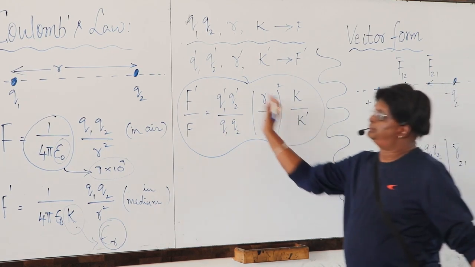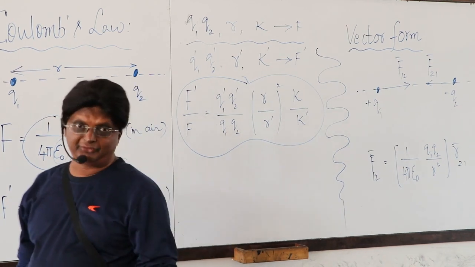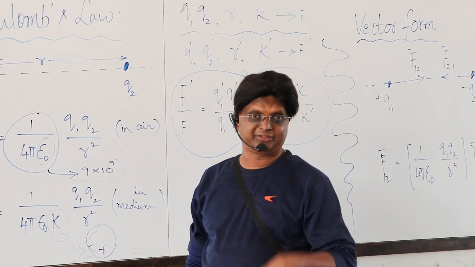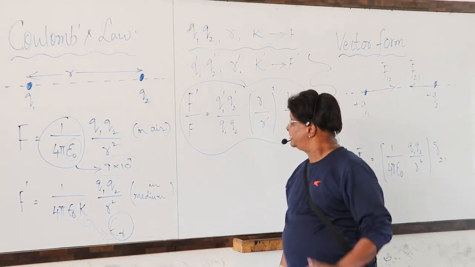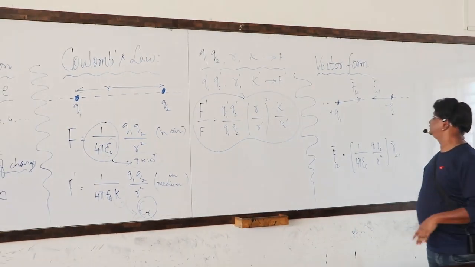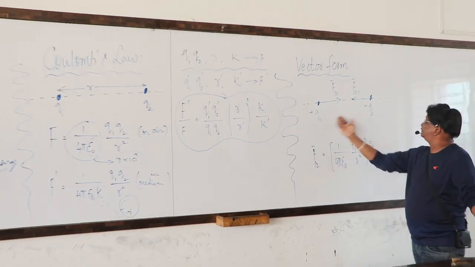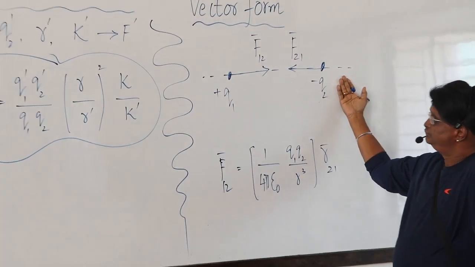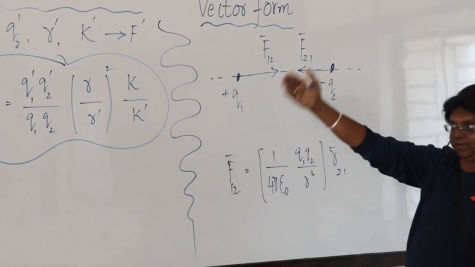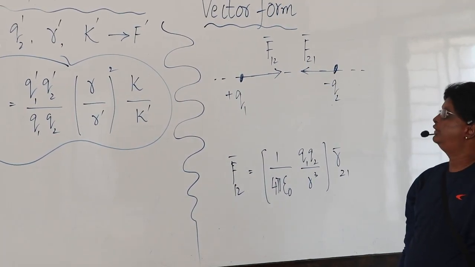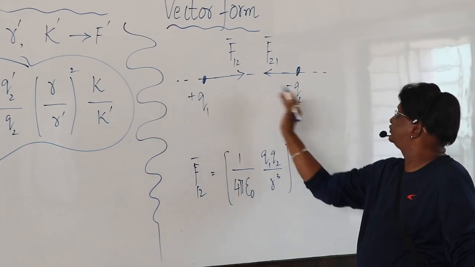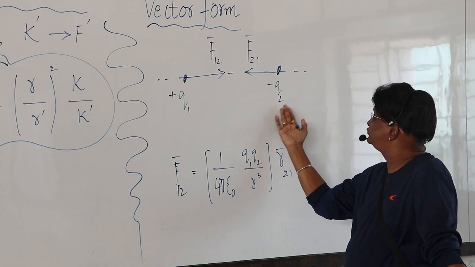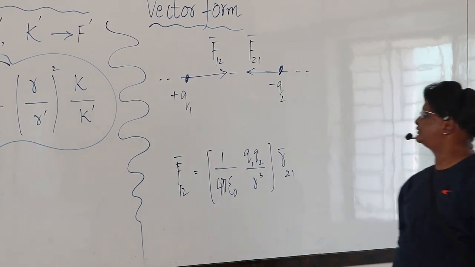Now, this is completely Coulombic force in the scalar form. The same Coulombic force we need to understand in the vector form as well. Coulombic force in the vector form, if I take, here I have shown one more time, the Q1, Q2, two charges, and then again the same separation, R is the distance between Q1 and Q2 in the scalar form. Now here, Q1 positive, Q2 negative, unlike charges have been taken. Now this Q1 is attracted by Q2 and vice versa, Q2 is attracted by Q1.